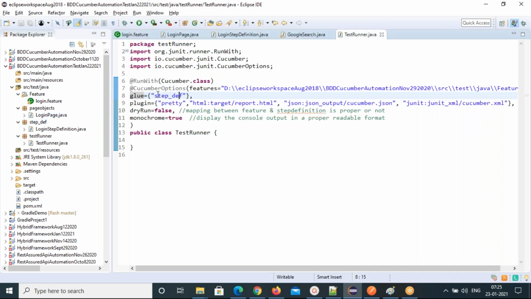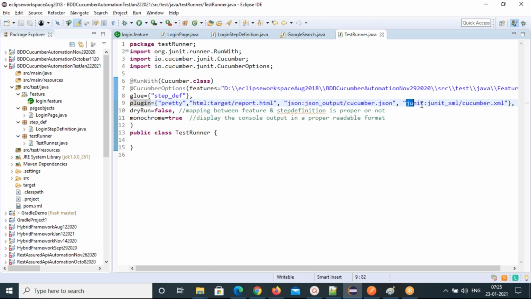I'm specifying that, and put a comma after every parameter if you want to write one more. Plugin: pretty, HTML report. I want the HTML report under the target folder, report.html. JSON output will create cucumber.json.